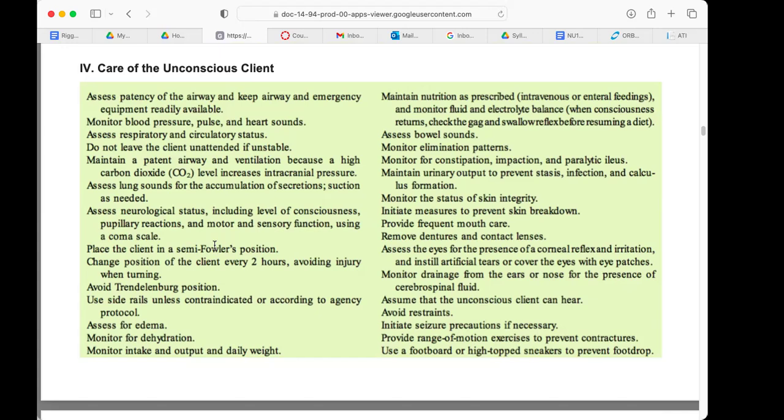Maintain urinary output to prevent stasis, infection, and calculus formation. When they're unconscious, they can't drink water, they're not awake. So they're going to get IV fluids and also the fluids in the TPN if that's what they're getting. You just want to make sure they're peeing enough, because if they're not, that little bit of dehydrated pee they'll have in their bladder will stay there and cause a UTI and sepsis and make their situation worse. It can also increase the risk of kidney stones, which would be really painful